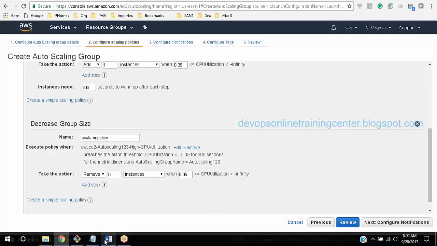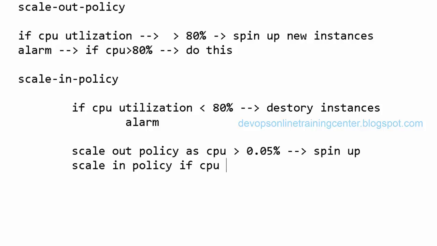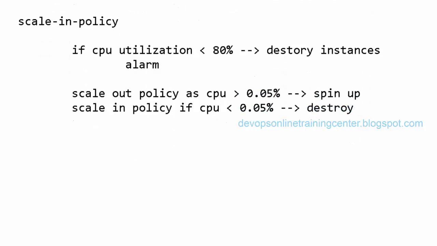So this is the scale-in policy. Scale-in means reducing: if CPU utilization is less than 0.05, remove the instances from the auto scaling group.